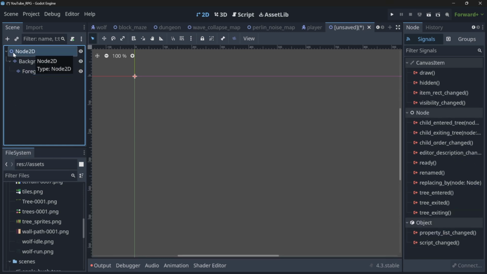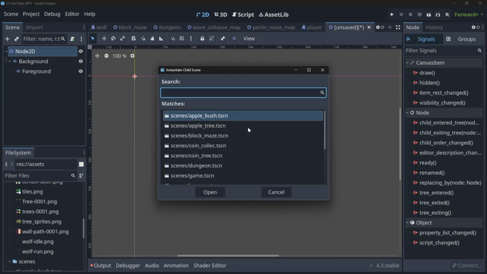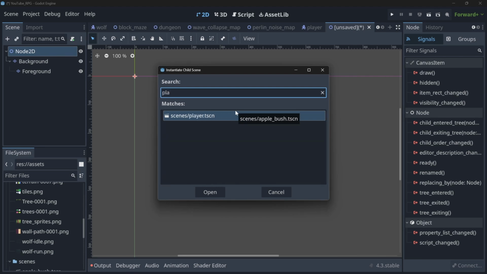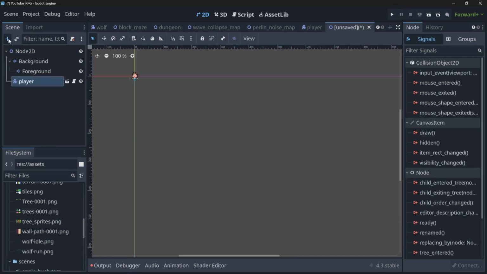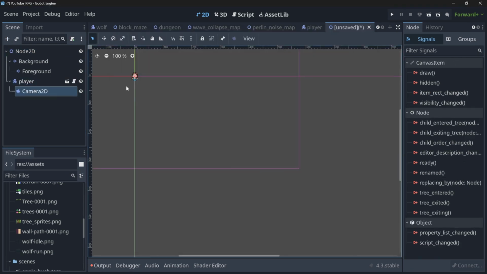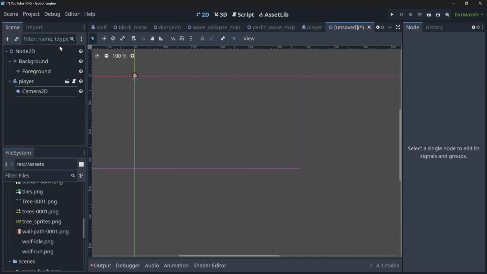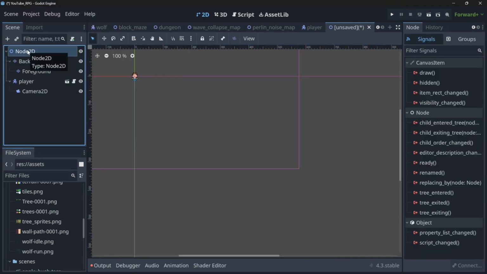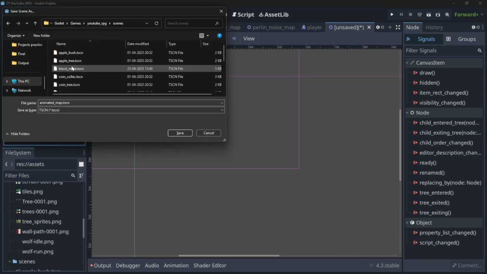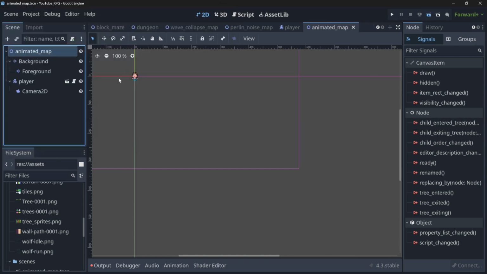Now in our Node 2D, we will now link our player directly. So we have our player here and let's also add a camera. So right now, if I start the scene, we have to save the scene, of course. Let me just name it animated map. Save it in our scenes. And if I run right now,